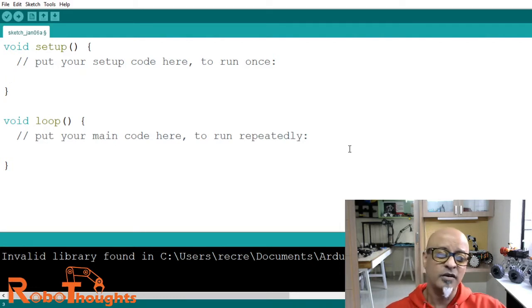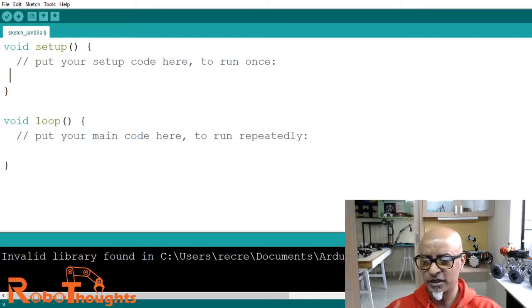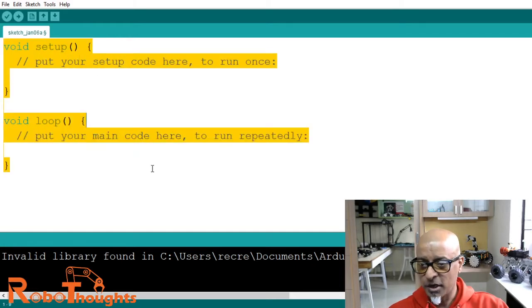If any of you have an older version of Arduino IDE, all you can do is go to File and go to Examples. Here you can find the bare minimum. Since I have the latest version, I cannot find it here because it just populates automatically. So I hope all the new viewers, the beginners into the Arduino world who are following my lessons, if you have installed 1.8.13, then you don't have to worry. As soon as you double click, you will get this sketch by default.